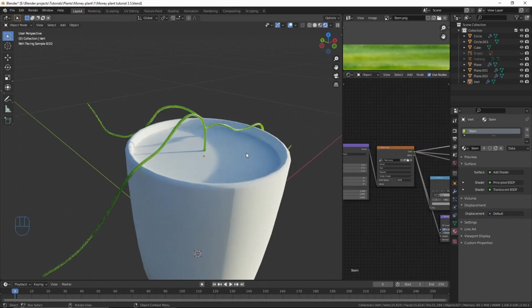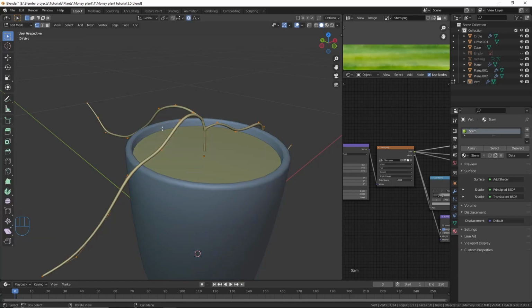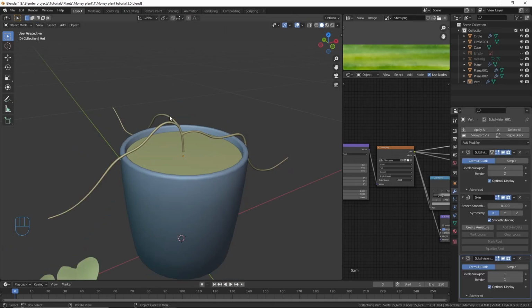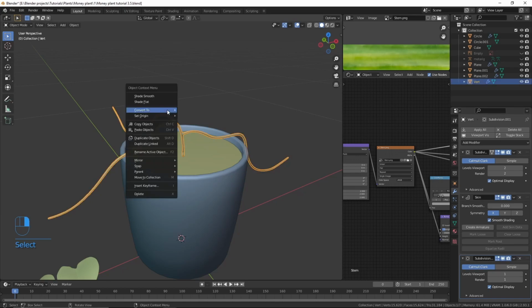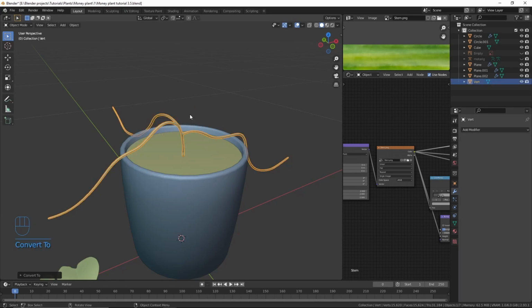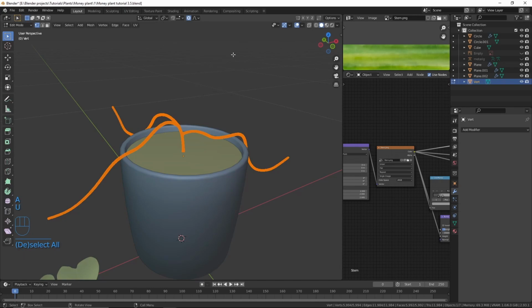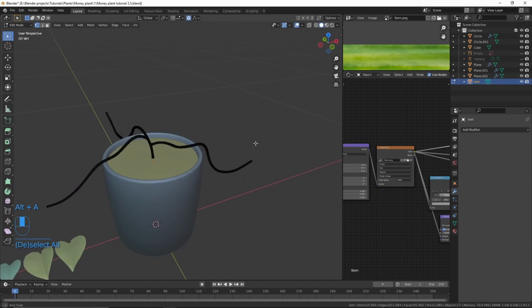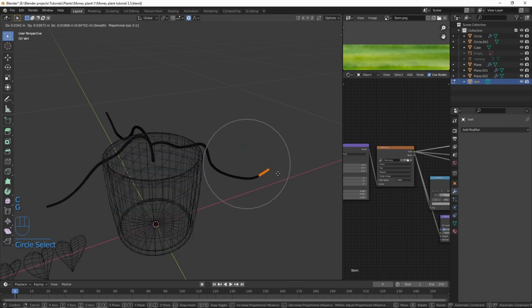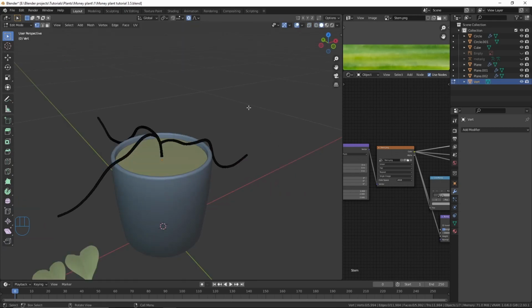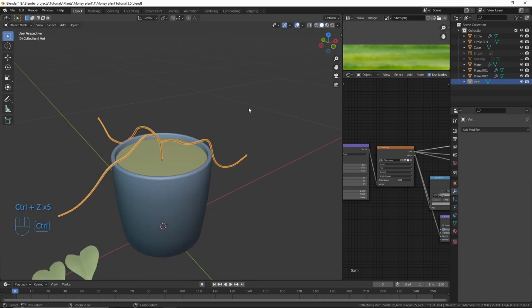But the problem is that it doesn't have any UVs, and also we can't unwrap this because these are only vertices and it's not like solid mesh. And when you press U, you can see that these are gray and we can't unwrap our mesh. So now you can apply all of these modifiers by selecting this mesh, right clicking on that and going to convert mesh. And now we can select everything and unwrap this. But now the problem is, if we want to modify this stem, we can't do that easily as if we used the skin modifier. So now I'm gonna undo these steps,